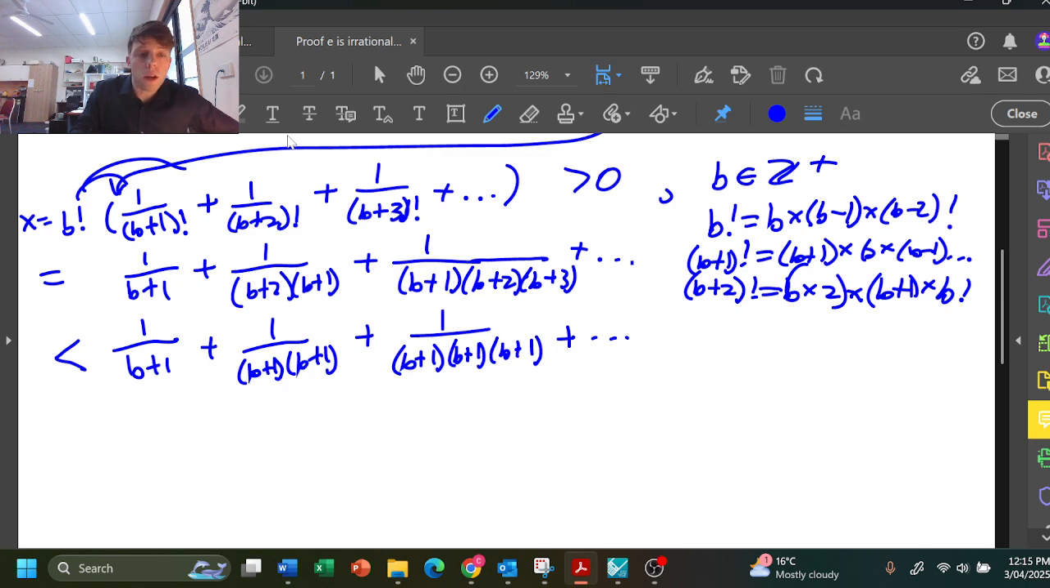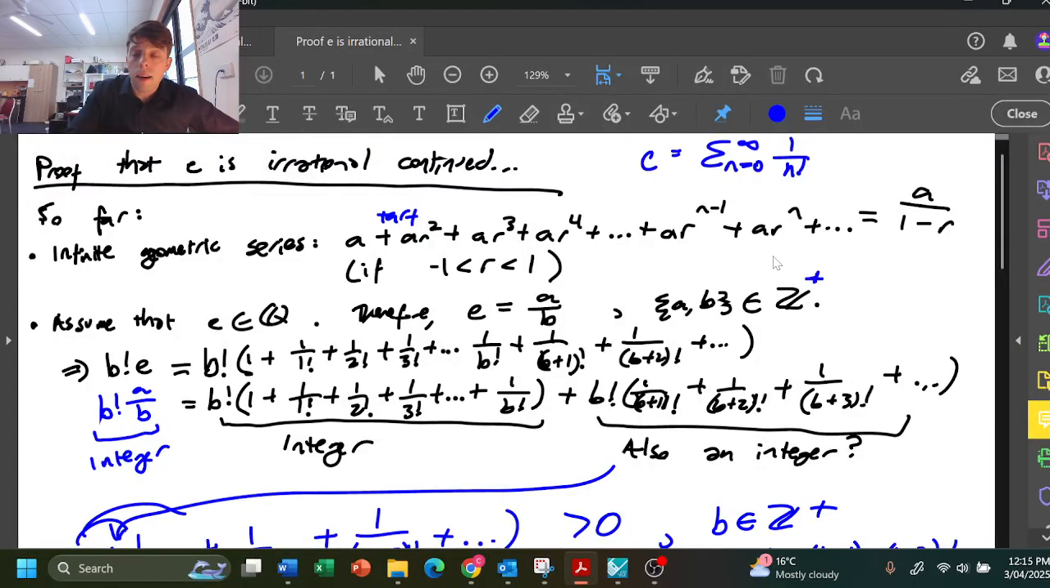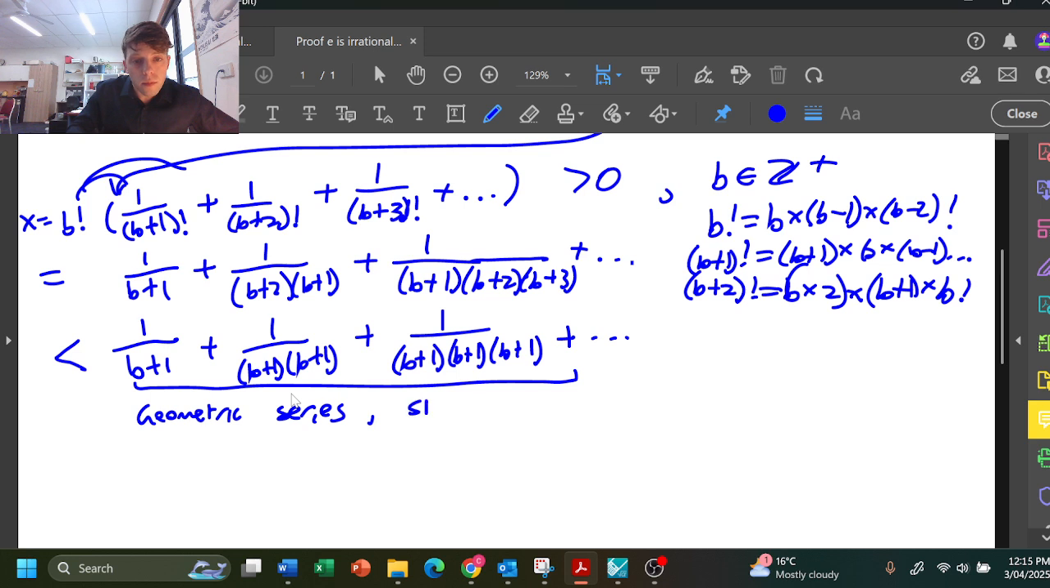Okay, now this is where the magic comes in. So remember earlier we came up with this formulation for an infinite geometric series. That's actually exactly what we have right here. What we have is a geometric series. This overall thing here is a geometric series for which the starting term is equal to 1 over b plus 1, and the common ratio that we're multiplying each term by in this formulation